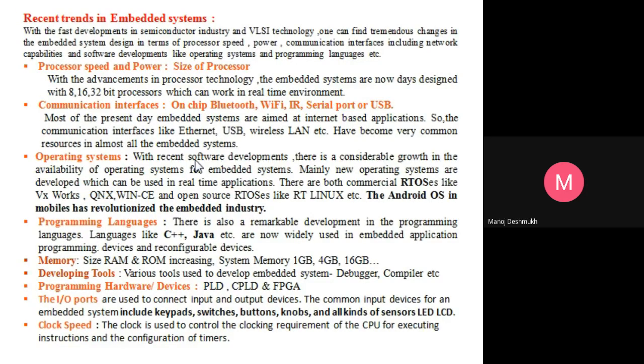So recent trends means whatever development goes on day by day in an embedded system. Sometimes it is not always necessary that you have to develop a new system which has not been implemented nowadays, but a totally new concept, new development, new application, or new automation.